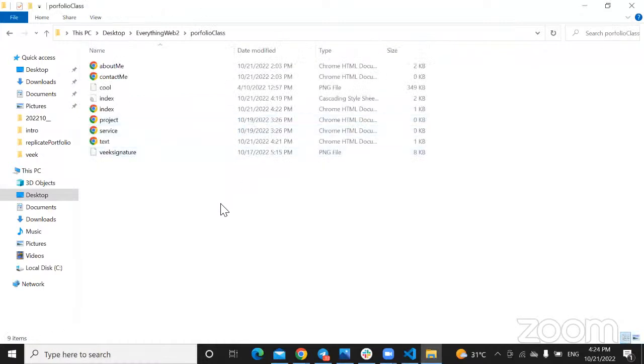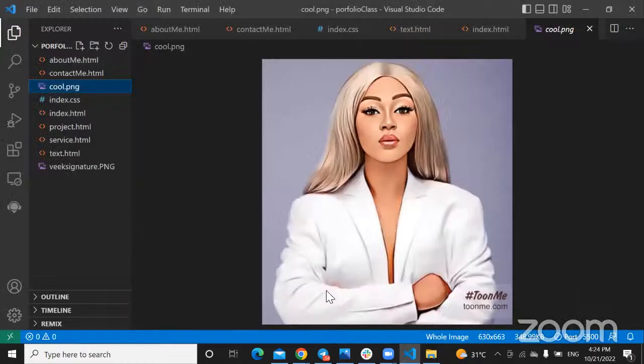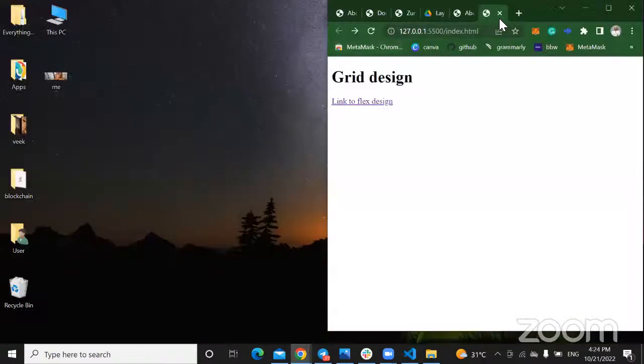I'm just going to copy the image from anywhere it is on my PC and then paste it inside here. Once I paste it here, it's going to appear among my files. If you are doing it on Replit, upload it to Replit. When you click on this plus file, this new file on Replit, you'll be able to upload anything you want to upload there. So if we go on Replit right now,